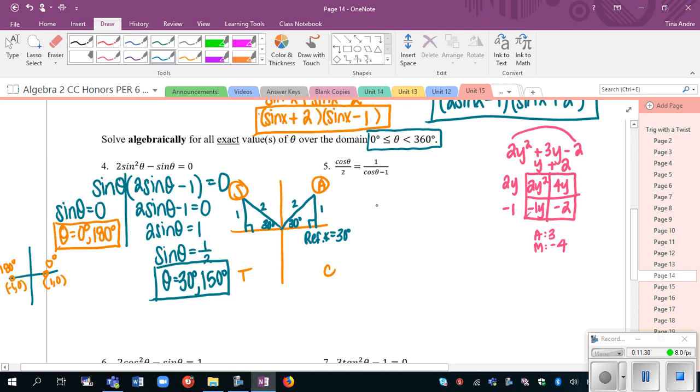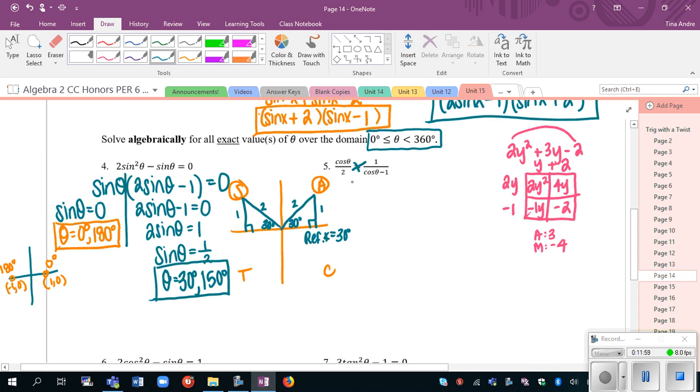Number 5, same process. Again, you want to try to isolate your trig function, but before you do that, you have to think about how do you algebraically solve a rational function? In this case, we have fractions. We have a fraction equal to a fraction. So your first step in trying to get your cosine by itself is actually to cross multiply. So we're going to have to cross multiply first. So we end up with